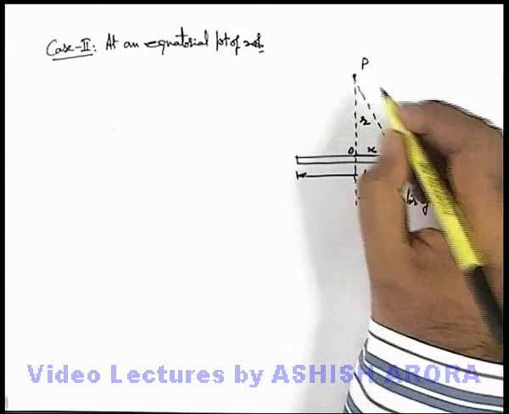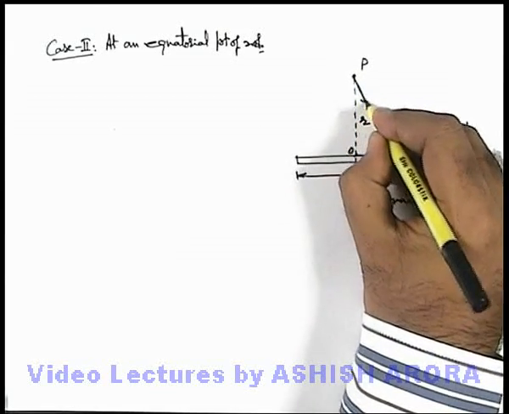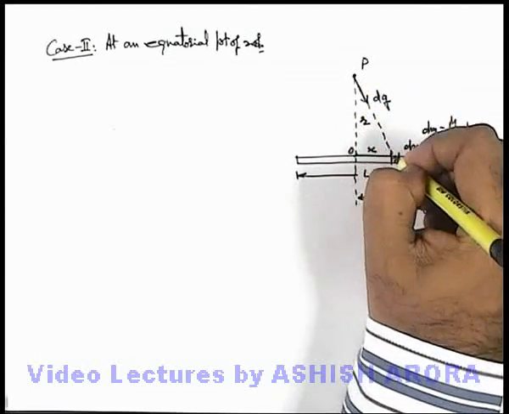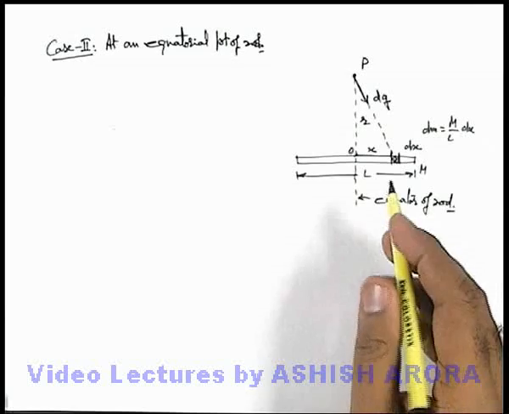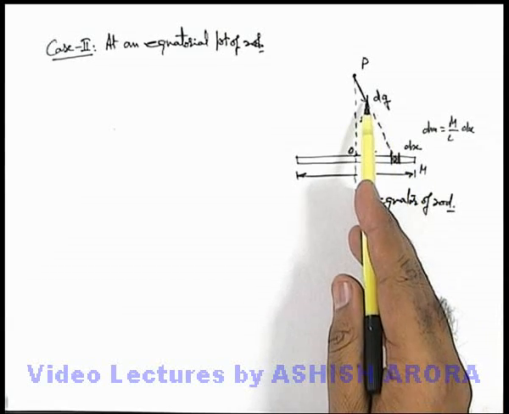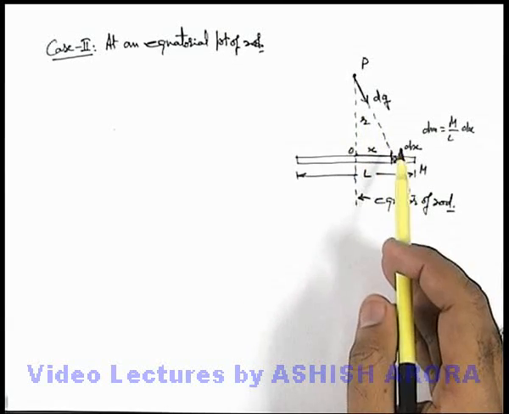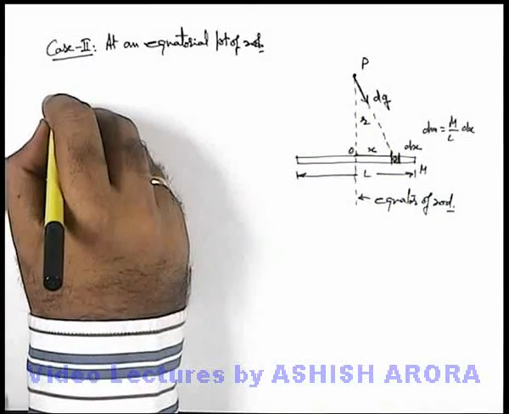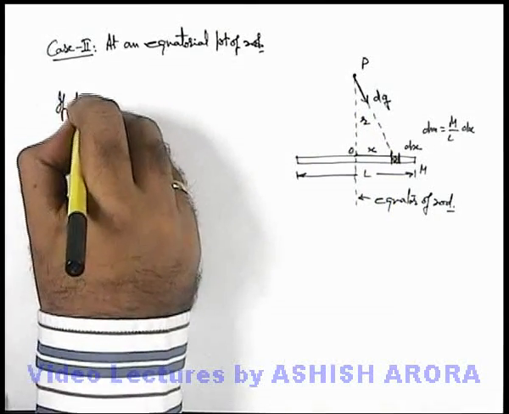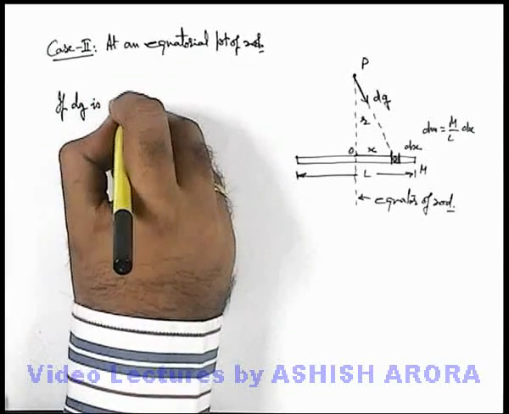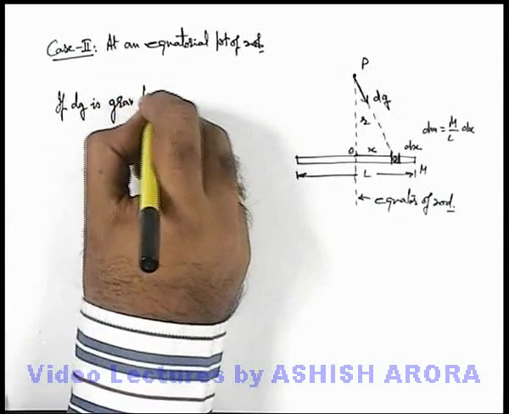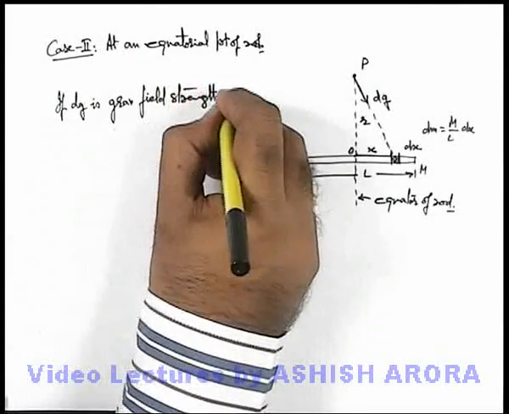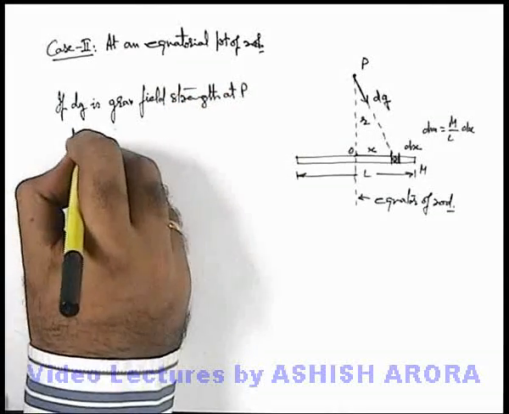and due to this element, if we just have a look at the gravitational field at P, this gravitational field dg will exist in a direction directed towards dm. As always, remember, a gravitational field at any point due to a point mass is always directed toward the point mass. So in this situation here, we can write if dg is the gravitational field strength at P due to dm,